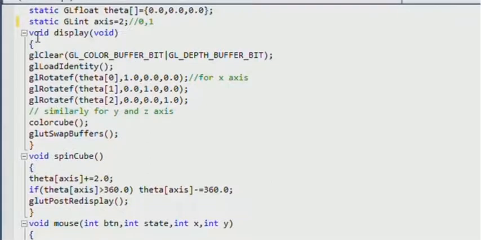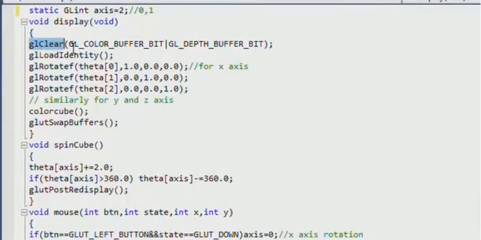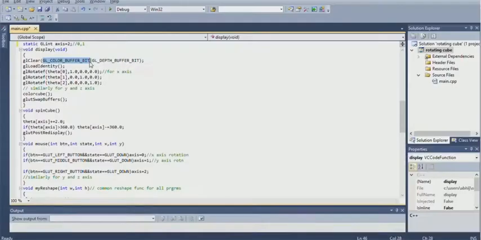The void display function is to display the content. glClear clears the background, and it takes an argument that is the bitwise OR of several values, such as GL_COLOR_BUFFER_BIT or GL_DEPTH_BUFFER_BIT, that is, which buffer is to be cleared. Here GL_COLOR_BUFFER_BIT is a constant which indicates the buffers currently enabled for color writing.